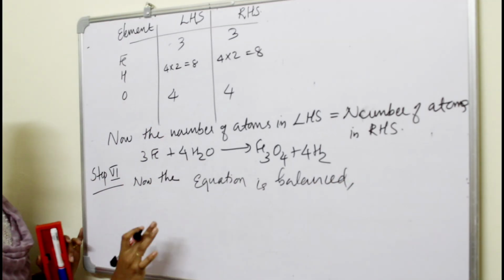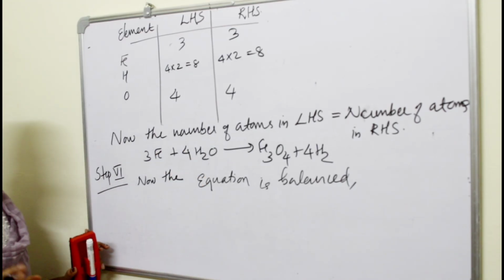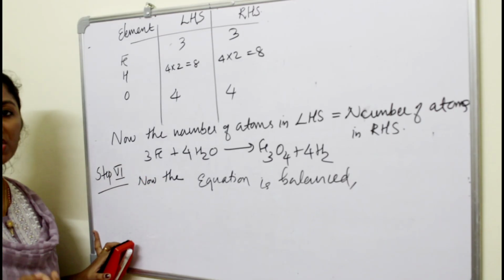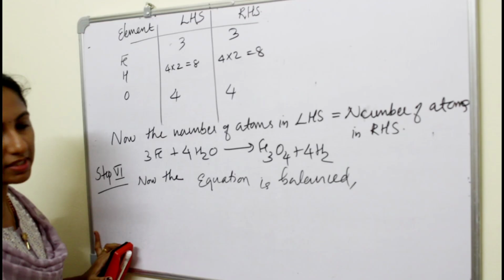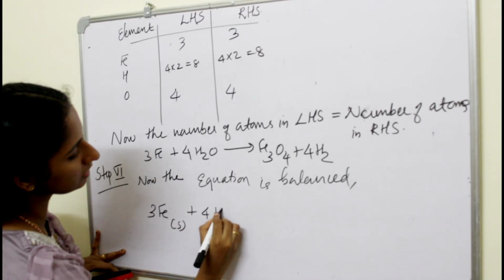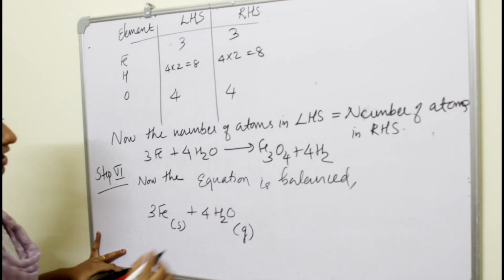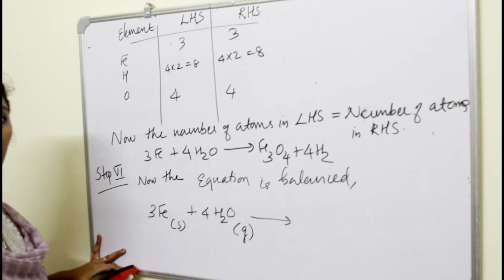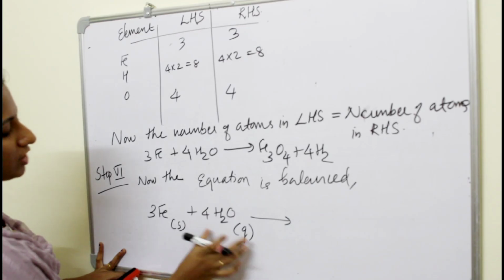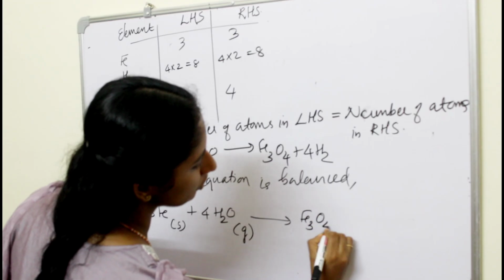Okay, so in the last step we want to specify in which physical state these elements are occurring. So at first we said that when this iron metal is reacting with moisture, we are getting iron oxide and hydrogen, right? So how can we write the physical state? Iron is in solid state and water is in air or in a gaseous state, right? So we want to write it like this, gaseous state. That means iron is actually reacting with moisture, or in air. Okay, so we are getting 3Fe plus 4H2O. This iron is in solid state, water is in gaseous state, Fe3O4 is in solid state.